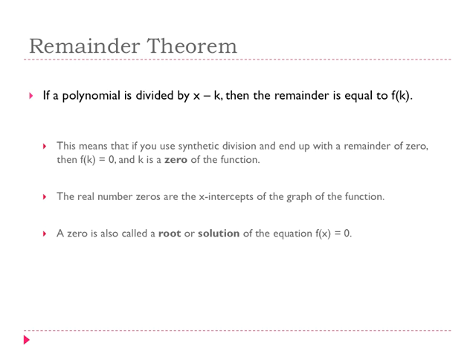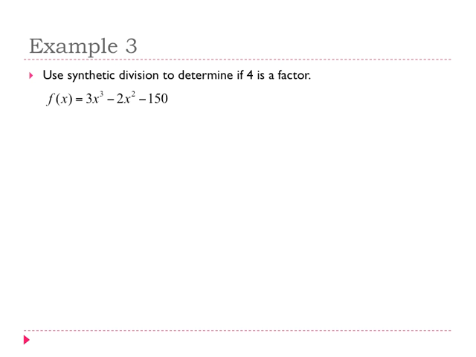So we've got some other information here for you. It says the real number zeros are the x-intercepts. Okay, and that means if we were to graph the function, the zeros are the places where the actual graph crosses the x-axis. Okay? And then we're letting you know that another name for a 0 is a root, okay? And we can also call it a solution of the equation. So all of this good information. Let's continue here. This says use synthetic division to determine if f